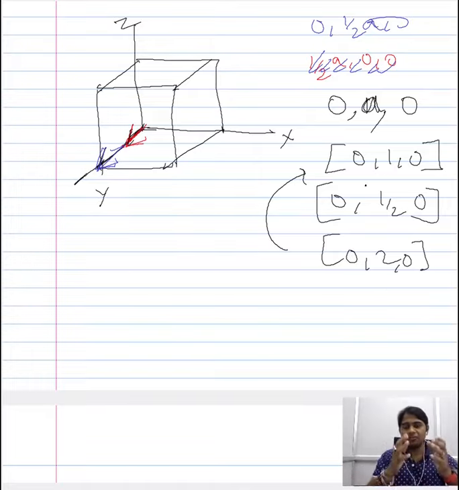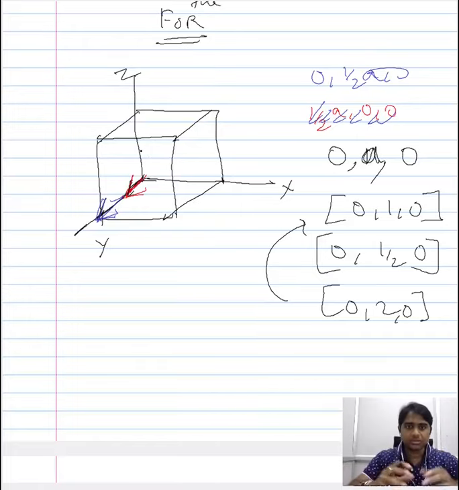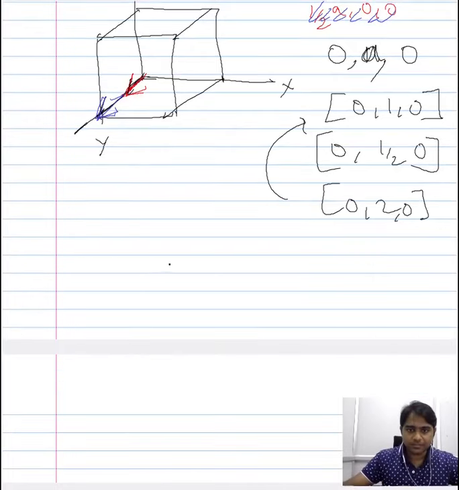So what we want to get through this representation is that whenever your direction is confined within the unit cell, the best way to arrive at definite, factorized Miller indices, the smallest way to represent the direction, would be to allow it to reach the end of the unit cell. So when you allow it to reach the end of the unit cell, then you would be able to directly calculate the Miller indices that represent the direction. Now it does not mean that the fraction value will not be included in the Miller indices.